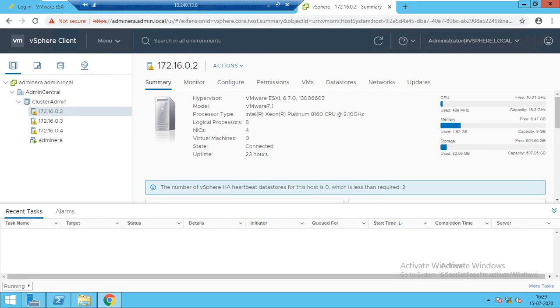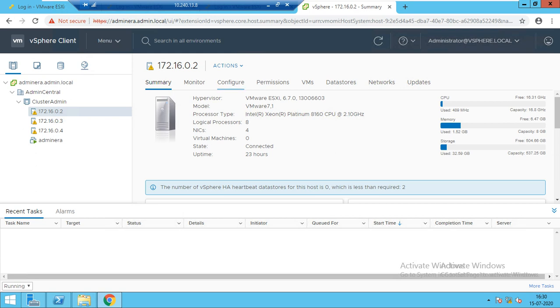See, so I'll tell you about this error. This error is nothing but an ignorable error. So ignoring this error, what you have to do is you have to just go. This is not the correct. This is not the error. This is the error. Why? Because if you have the shared storage between them, then this error will not come. I have the shared storage as existing storage. I have not created the shared storage. So as soon as you create the shared storage, this error will not come.